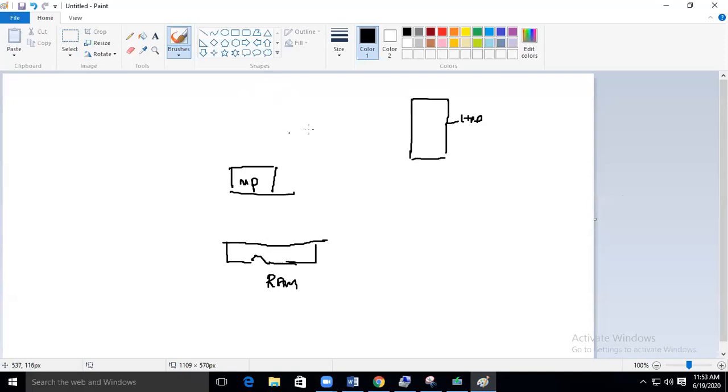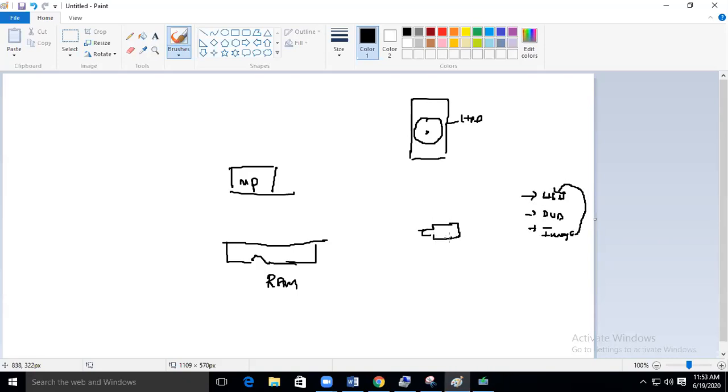Now we want to install an operating system onto your hard disk. So how do you get it? You can install through USB, or through DVD, or through an image. Now this image I downloaded and kept in my USB, and you made that a bootable pen drive. Now this USB you connected to a PC.